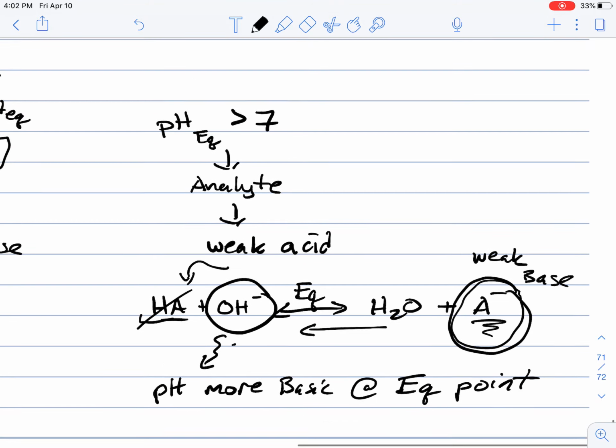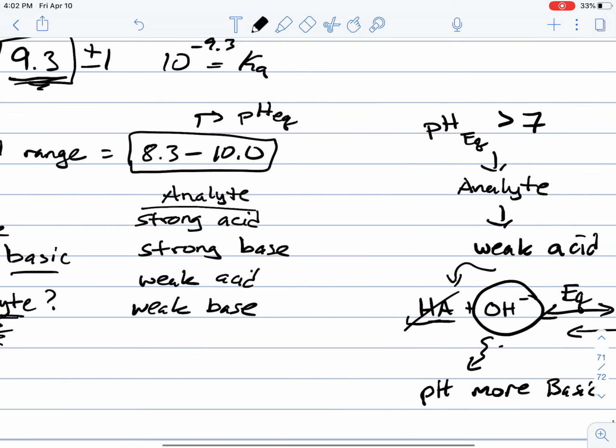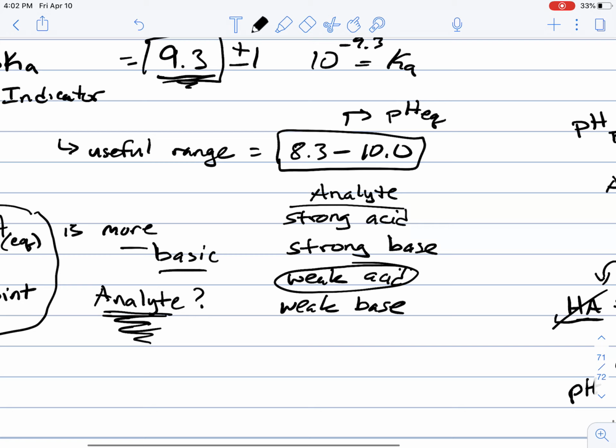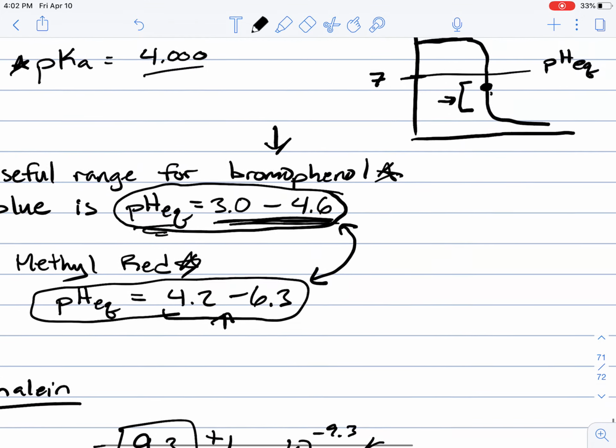Okay. So hopefully you understand the explanation. The answer is, the analyte was a weak acid if we're using phenolphthalein as our pH indicator. And so to